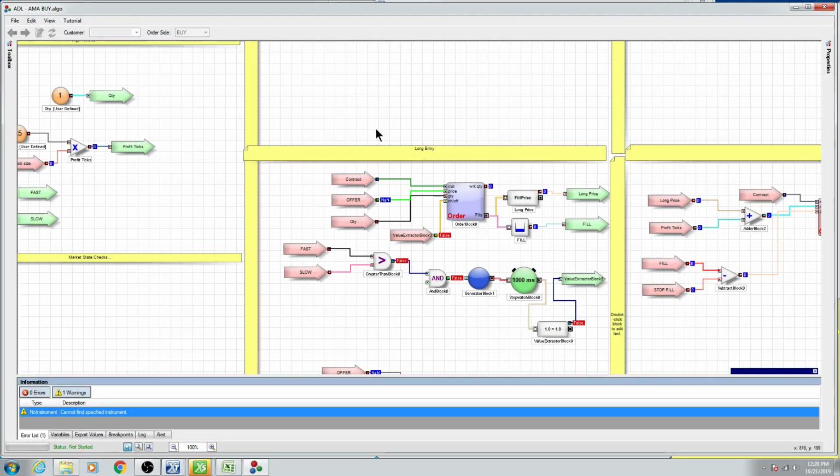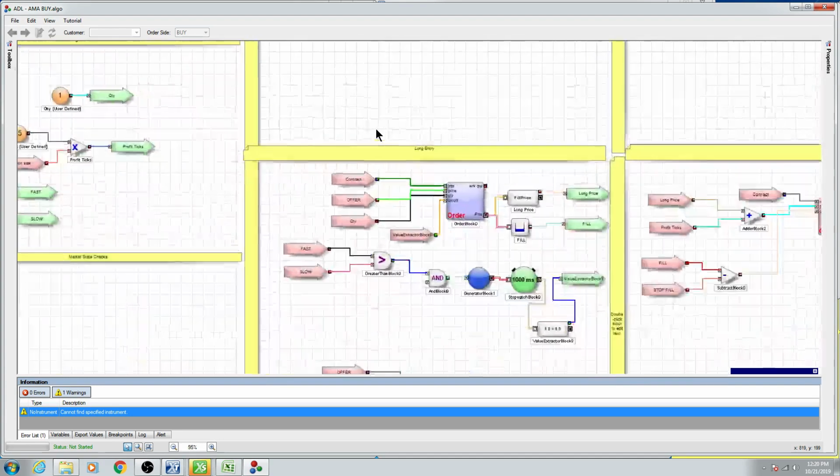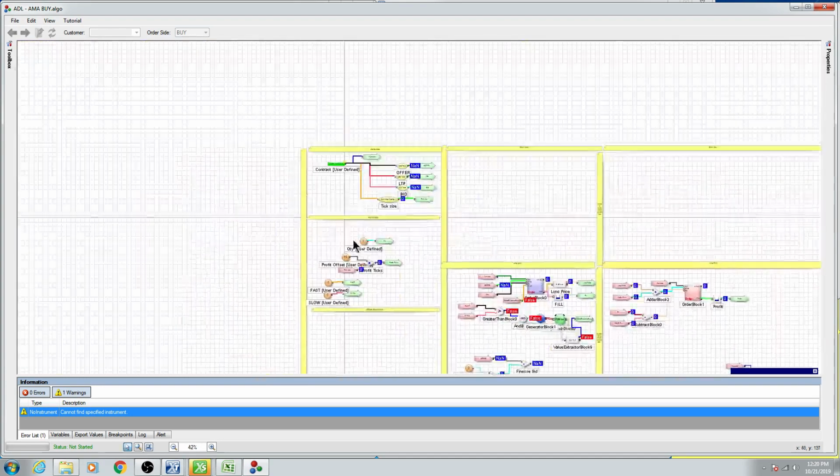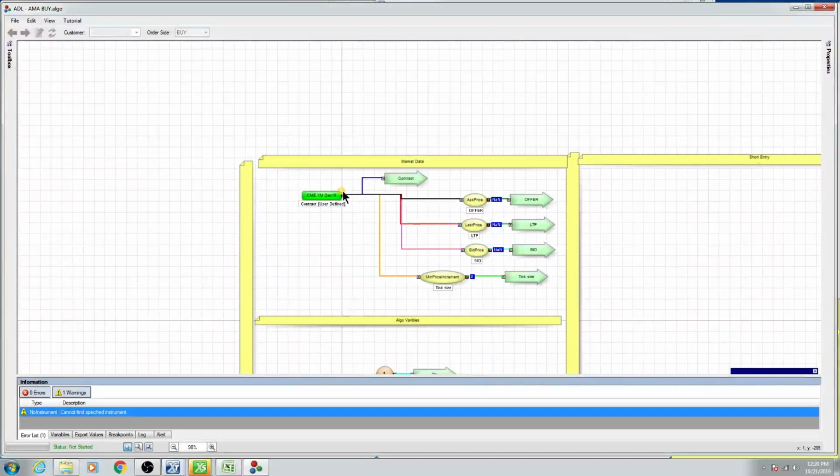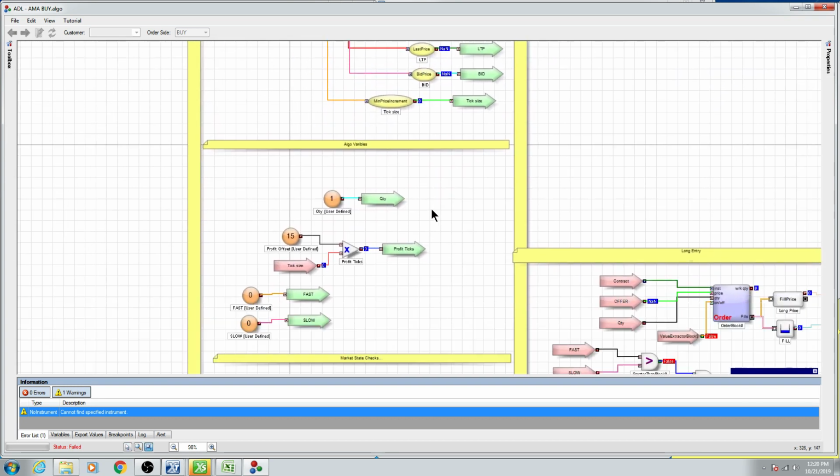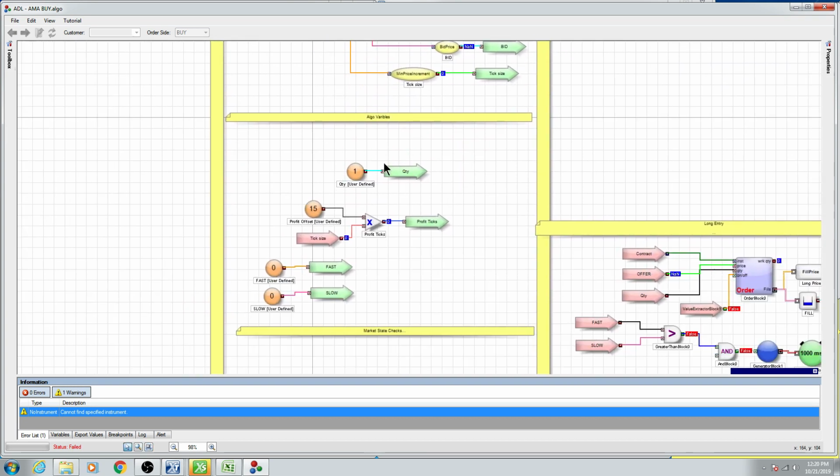Okay, this is how ADL looks. I can zoom in, zoom out. Okay, so I start up here with my contract. That leads off to a jump block. It also pulls from the contract the ask, the bid, the last price, and the minimum price increment, the tick size. The quantity is user defined,